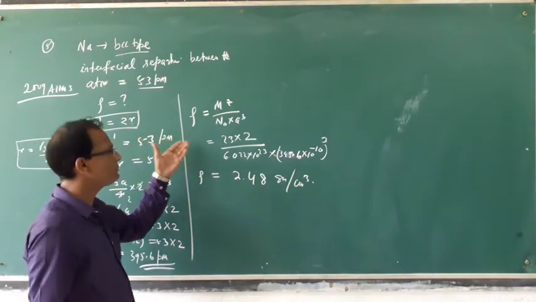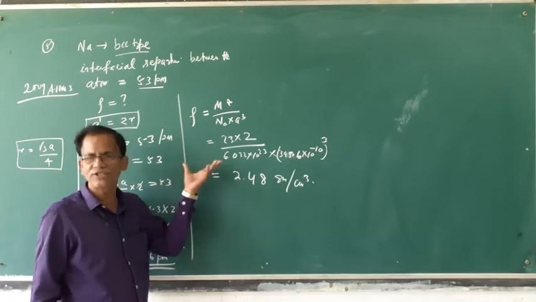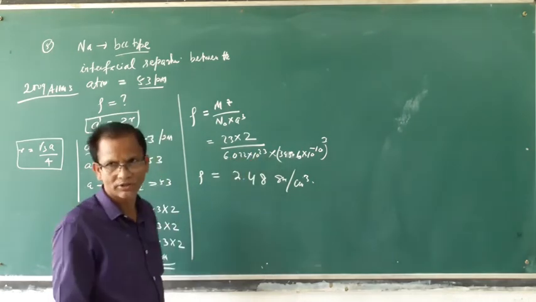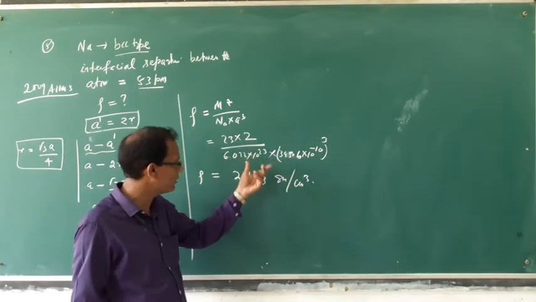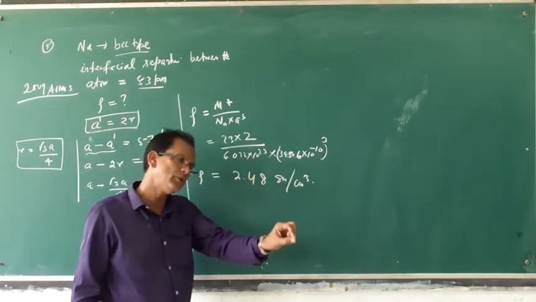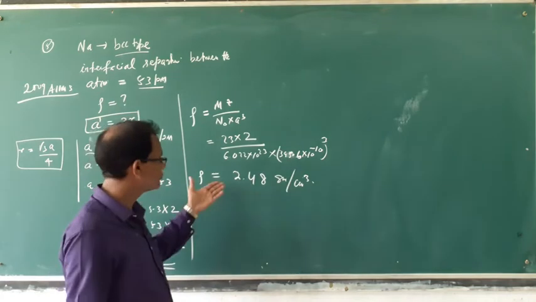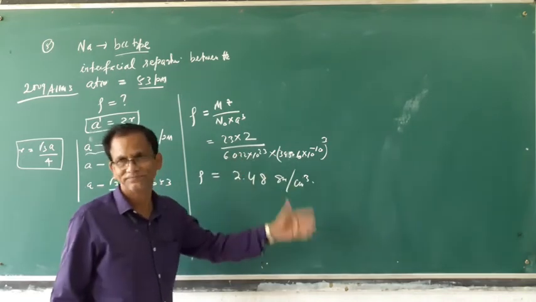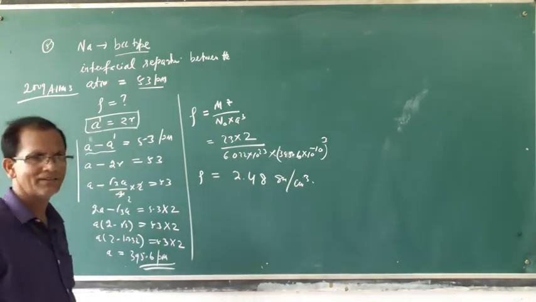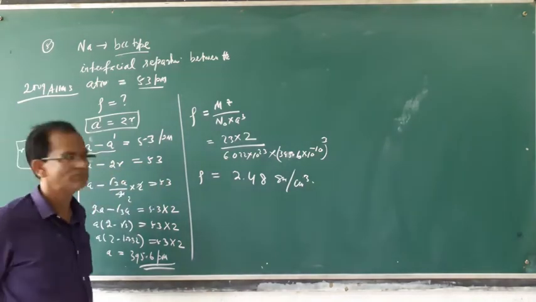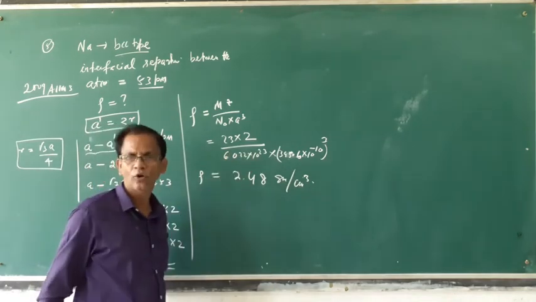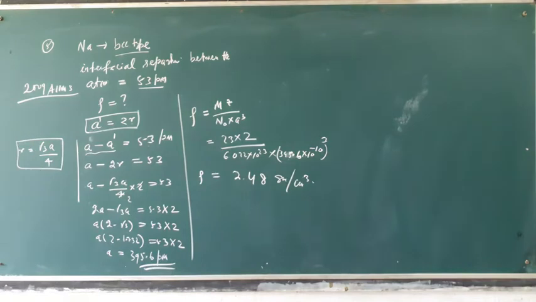One thing, if this type of problem is coming, don't waste your time. Try to take the whole number for calculation. Because if the result is coming approximately the whole number value, then you can select the choice. If you waste your time in the calculation, you cannot advance. Your movement will be slow. That's why try to minimize the time for this fractional value. Always avoid it for calculation. 2.48, that is the density for this question.